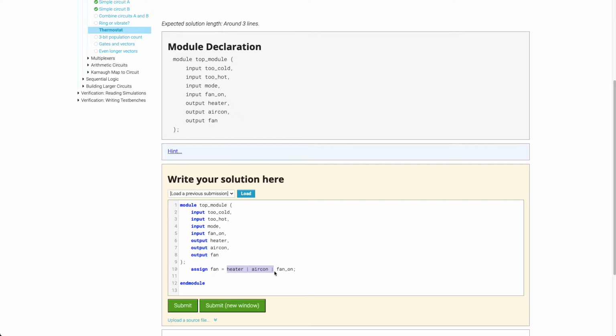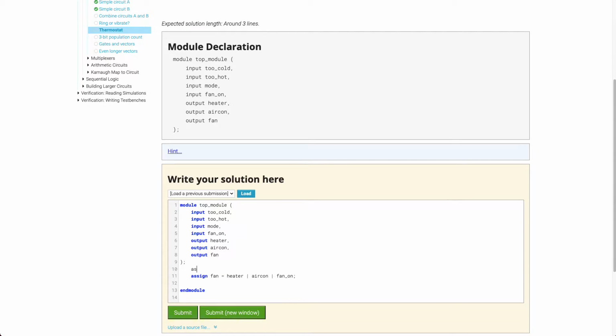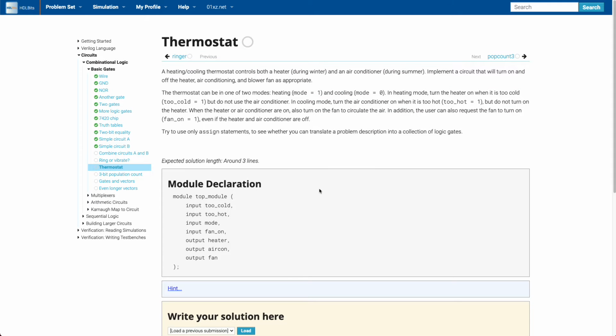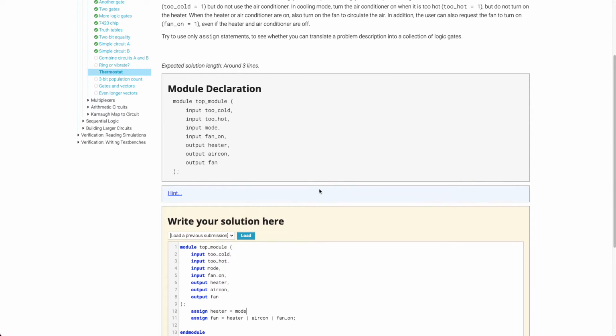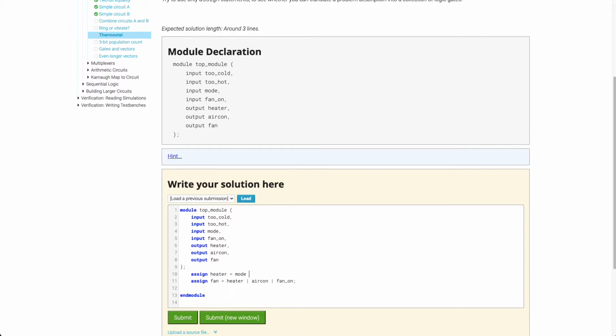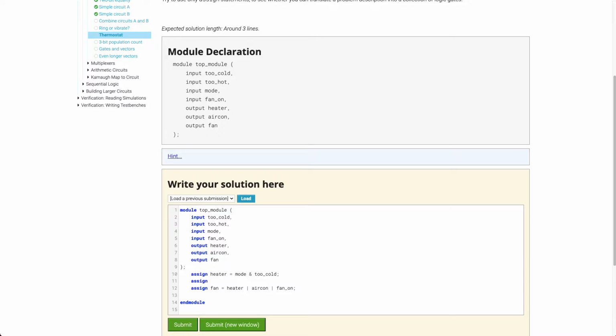Right, so either of these requires the fan to be on, or if you manually set the fan to be on. Mode is 1. Assigned to aircon is